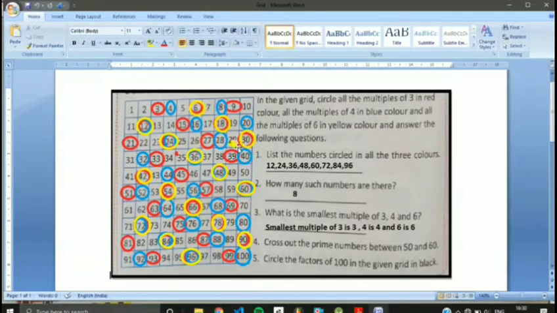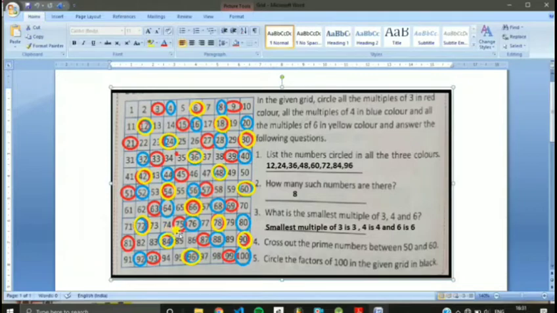6 5s are 30. 6 6s are 36. 6 7s are 42. 6 8s are 48. 6 9s are 54. 6 10s are 60. After that you don't know, then again we will apply the pattern of jumping of 6 numbers. So after 60 jump or count 6 numbers. So 1 2 3 4 5 6. So next number will be 66. Again next multiple, count 6 more numbers. So 4 are here and 2 are here. So 72 will be the next multiple.